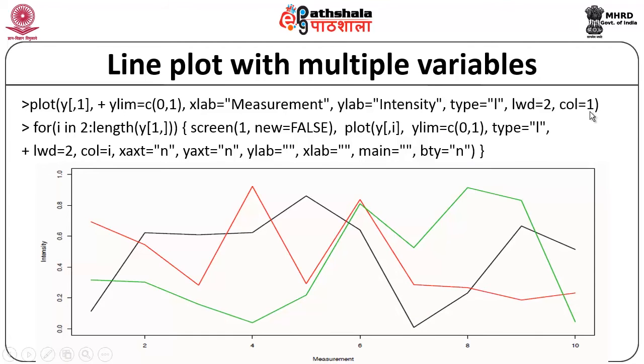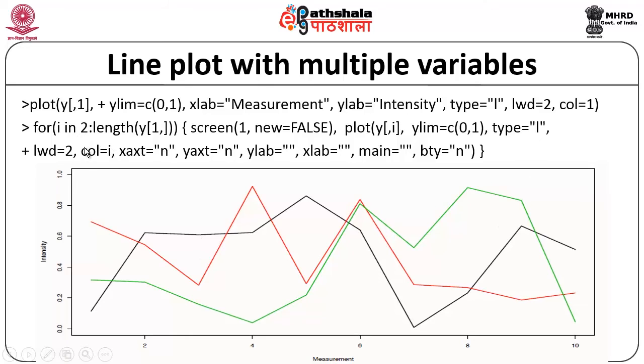Line plots with multiple variables. Till now we discussed a single line which has been plotted. Suppose I want to plot more than one line, then how this is achievable is, you will have to execute the plot function followed by a for loop, and in the for loop you can indicate how many straight lines you want based on the i index value. So, here i is set from 1 to say 3 or 1 to 2, indicating how many lines you want, and accordingly the color value for each and every line is also set.